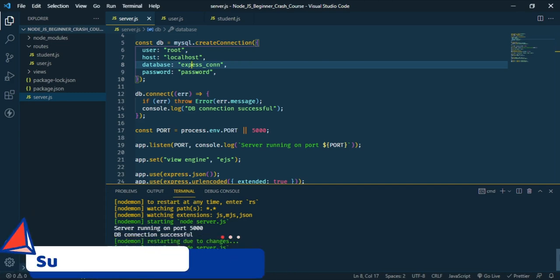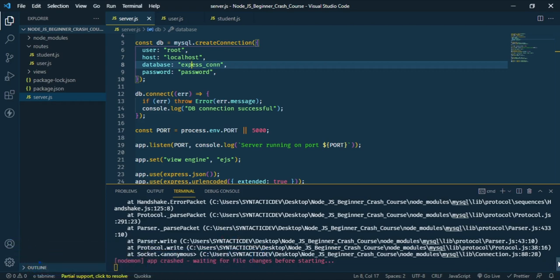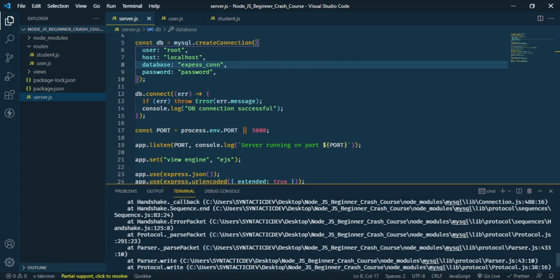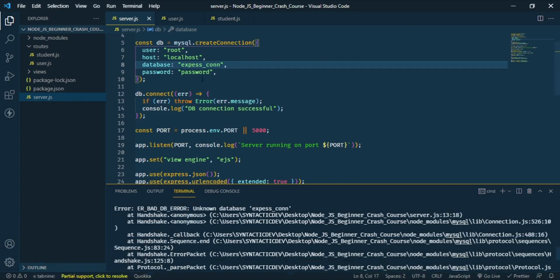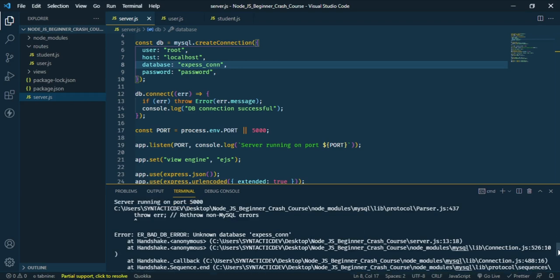So let's wait for the connection. Okay, so that means our connection was really successful, because we removed the R from the database name, and that means we don't have a database with that name. And you can see here now error equal to bad database error, on node database express connection,